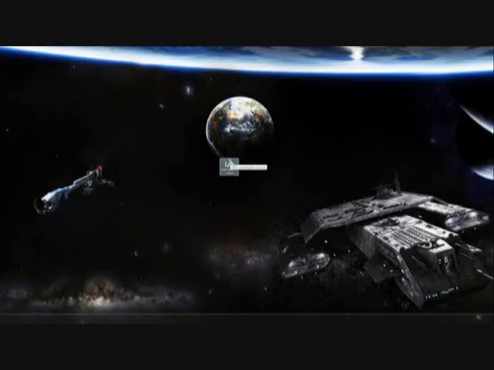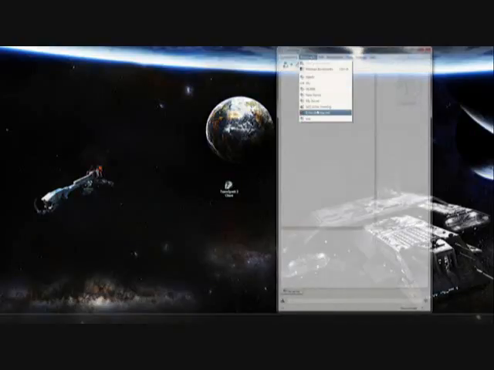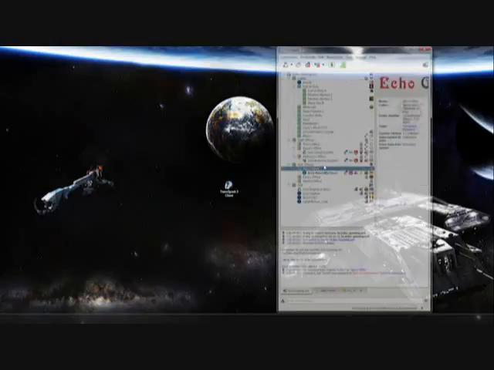So the first thing I'm going to do is, here we have a TeamSpeak 3 client, and it's a shortcut on my desktop. I'm going to open this up. I'm going to connect to my server. Connected. I'm going to go into my office. Channel switched, just to make things simple. And now I'm going to show you how my music bot works.